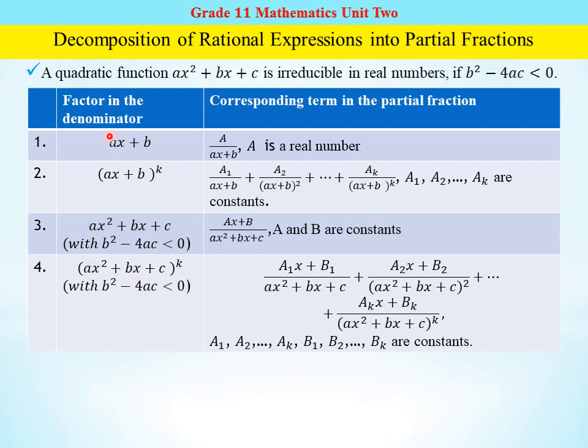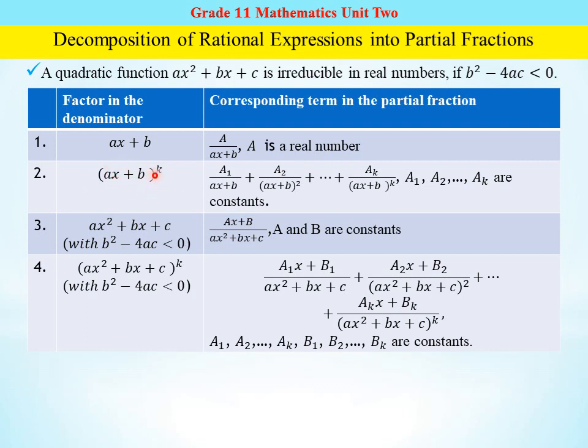irreducible ነው። ስለዚህ እነዚህ ፕሮፐርቲ ከአራቱ ፕሮፐርቲ አንዱ ዲኖሚኔተሩ ላይ ካለ የዚህን ኮረስፖንዲንግ ፓርሻል ፍራክሽን ለመፈለግ የእያንዳንዱ የራሱ የሆነ ሩል አለው። ለምሳሌ ሊኒየር ከሆነ አንድ ላይ እንደምናየው ሊኒየር ከሆነ x plus b ከሆነ that is a over x plus b, a is a real number። ያም ማለት እንግዲህ ዲኮምፖዝ ስናደርግ ይችኛዋን ኖቴሽን እንጠቀማለን። a over x plus b, a ምንድነው? which is a set of real number or constant። ይሄኛው ከሆነ x plus b the power of k ብለባል